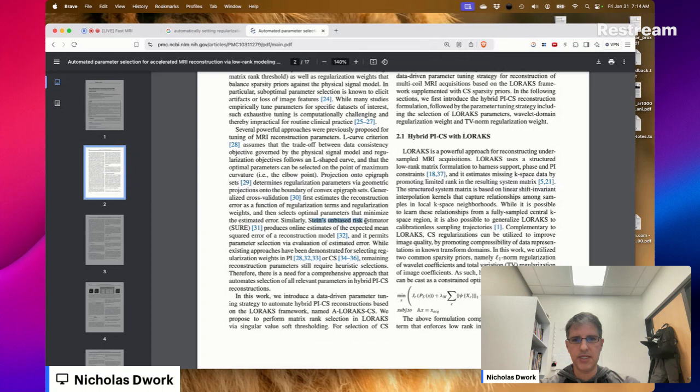Stein's unbiased risk estimator, SURE, produces online estimates of the expected mean squared error of a reconstruction model.